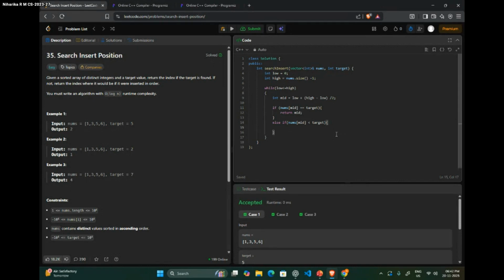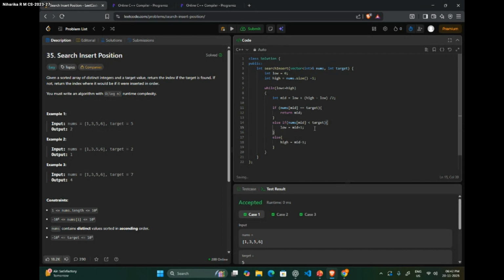So if nums of mid is less than target, what do we do? We do low is equal to mid plus 1. And we have another case, we'll just put an else. We don't have to define the case because that's the only one left. Else, high is equal to mid minus 1.